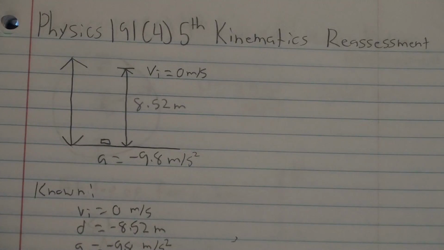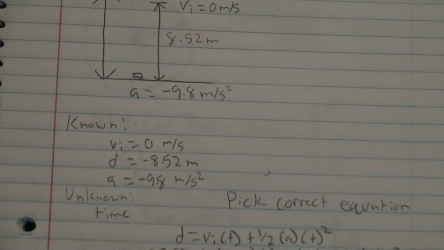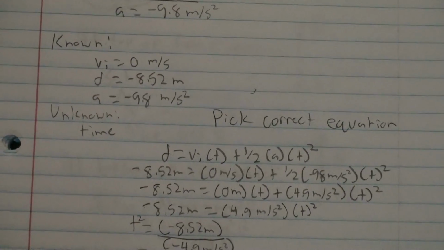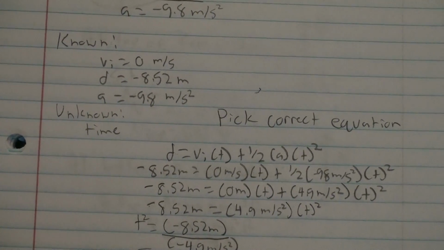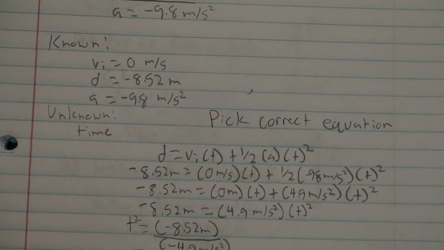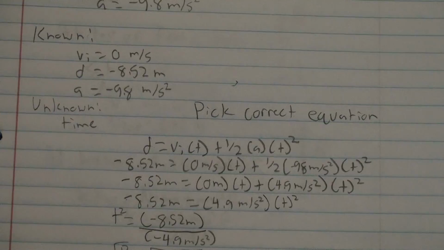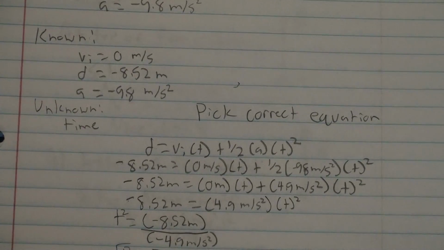Now the next step of the solution is going to be to identify which kinematic equation needs to be used here. And again, there's 4 kinematic equations in total. And the one I chose was d equals v_i times t plus 1/2 times the acceleration times the time squared. And once I know this equation, the next step of the problem is to substitute the values